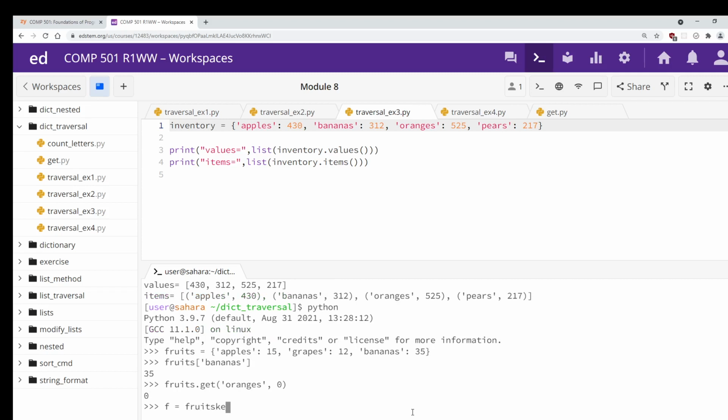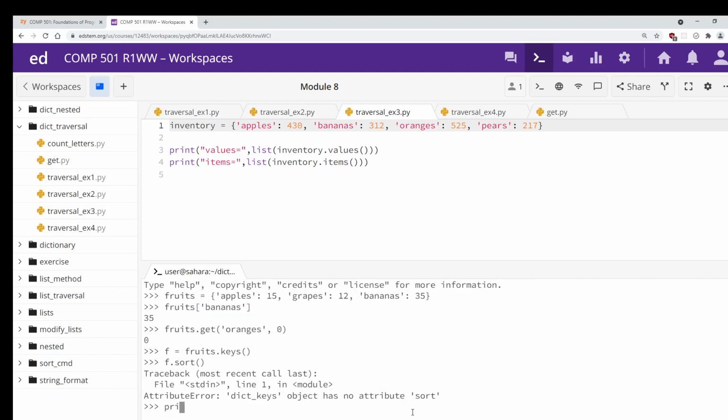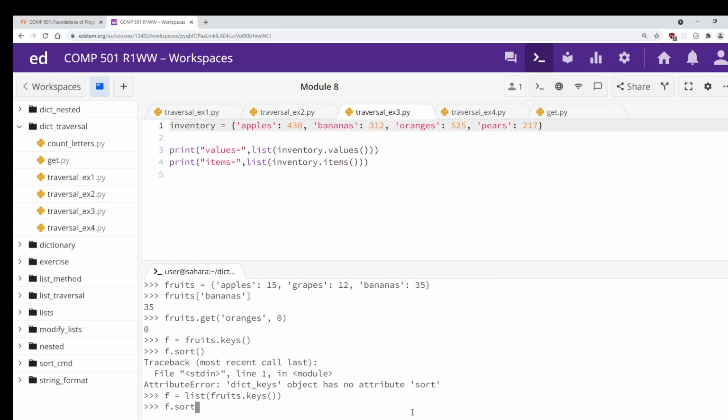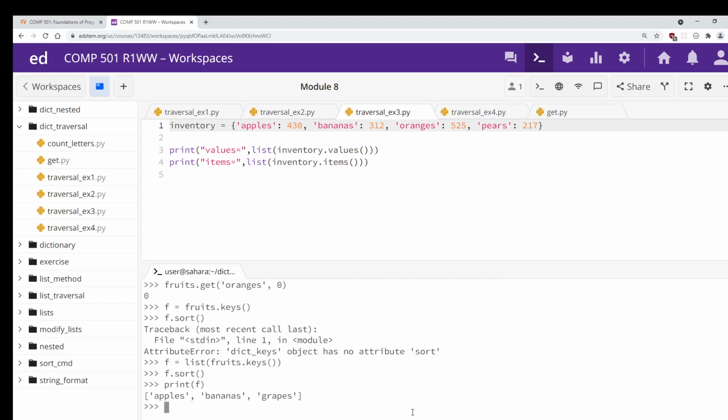Fruit.keys. So I get all the keys. And f.sort, I sort the keys and print. Oh, this is a dictionary. So f is, let's do the list of fruit dot keys. So I turned it into a list. F.sort and print f. So here are all the keys